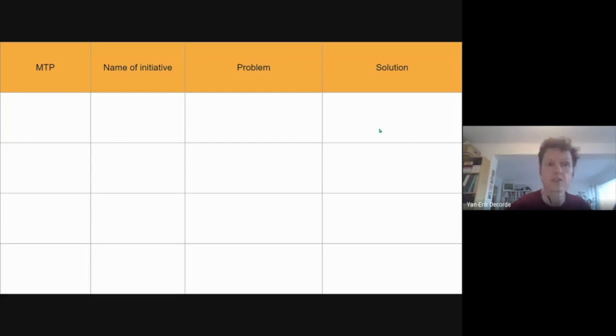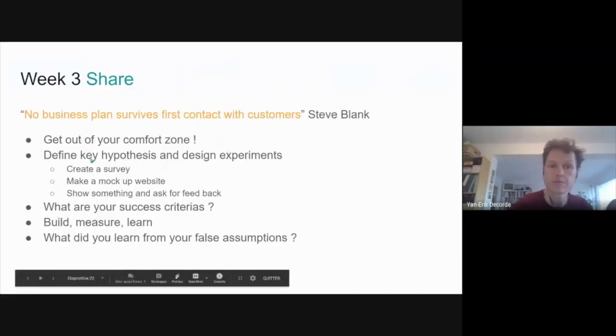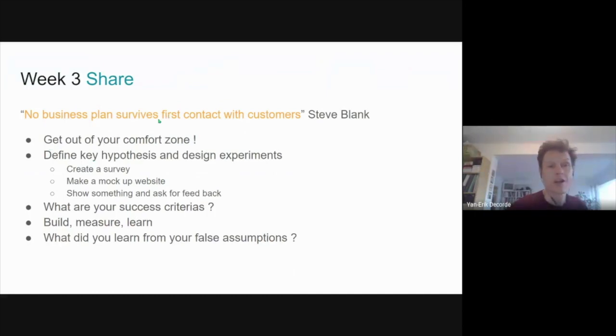And once you've done this, you have to share it with the world. So this one, I like it. It comes from Clausewitz, but it's from Steve Blank. No business plan survives first contact with customers. So you have to go out of your comfort zone, and you do have to find what are the key hypotheses, what are the crucial questions behind your solutions, what are the crucial questions behind the problems, or what you imagine is the problem. And you have to make a questionnaire, you have to devise a very basic prototype